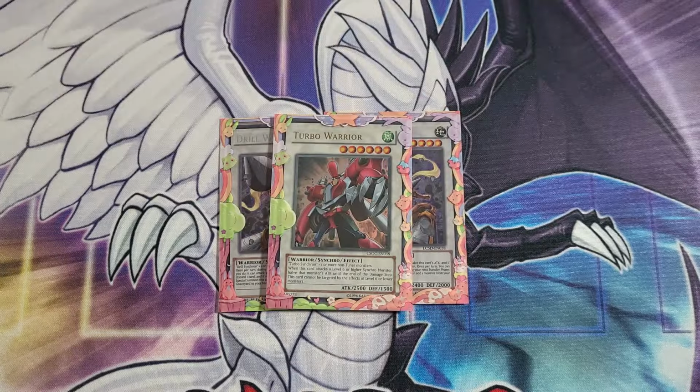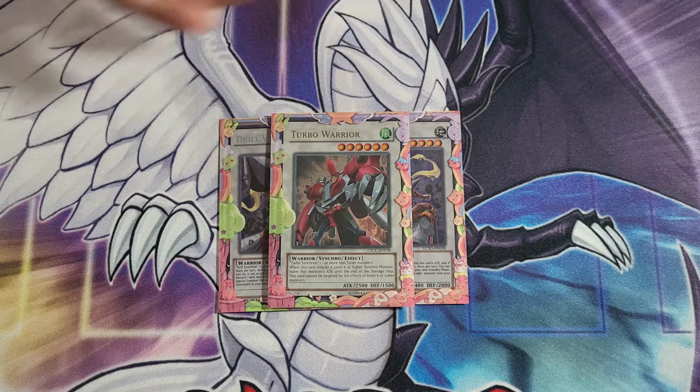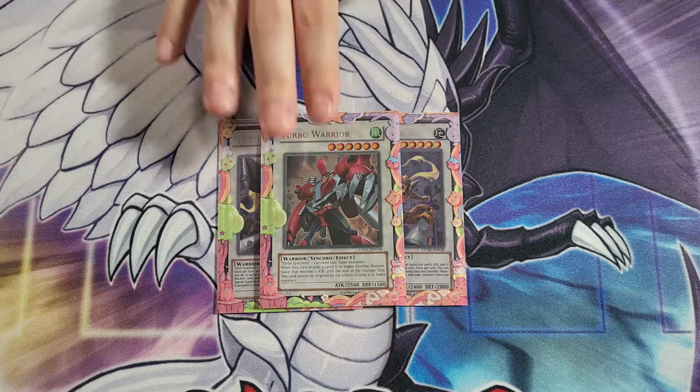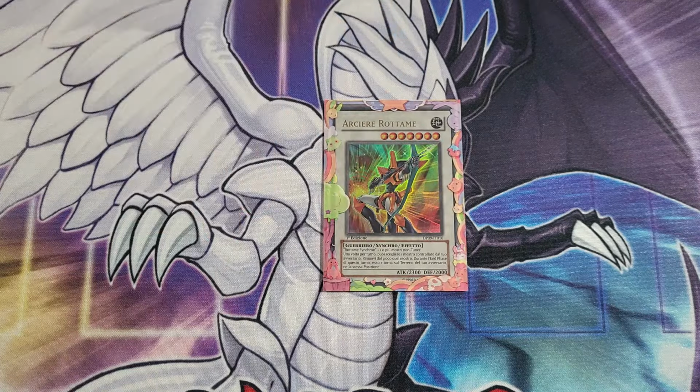Turbo Warrior, this card has come up clutch for me many times. There's just some matchups or game states where you know your opponent has Caius and that Caius might ruin your day. So you make Turbo Warrior and then Caius is essentially just irrelevant. This card's very powerful. For 7s, for Quick Draw Synchron, I am on 1 Junk Archer, which is pretty good